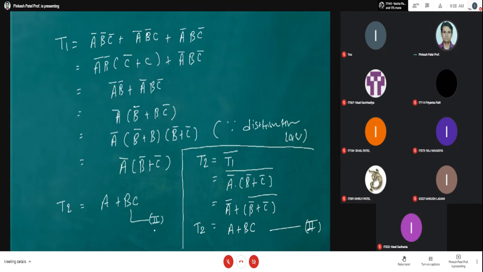Clear? I am continuously hearing for only one student. So I hope the remaining students are there in front of the screen. I don't have any objections for your objective for which you are attending the lecture.